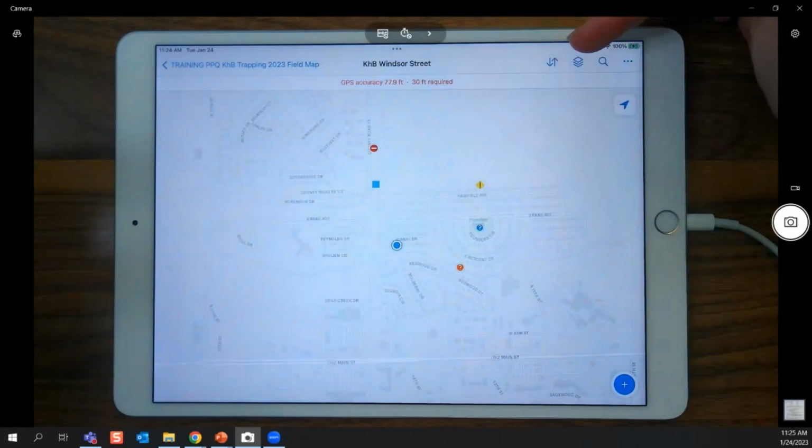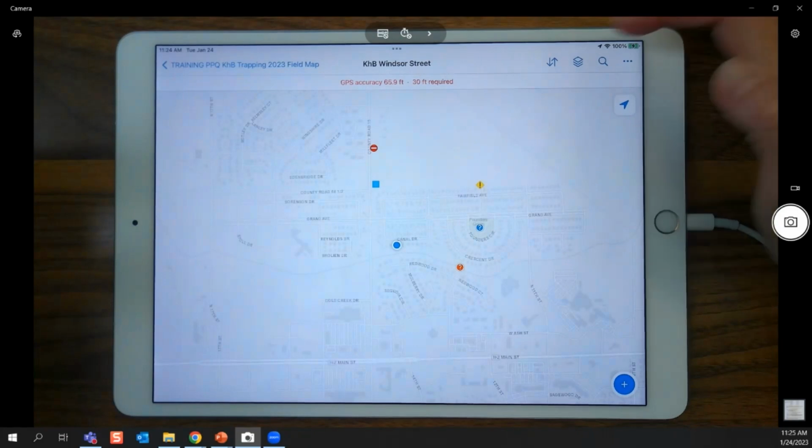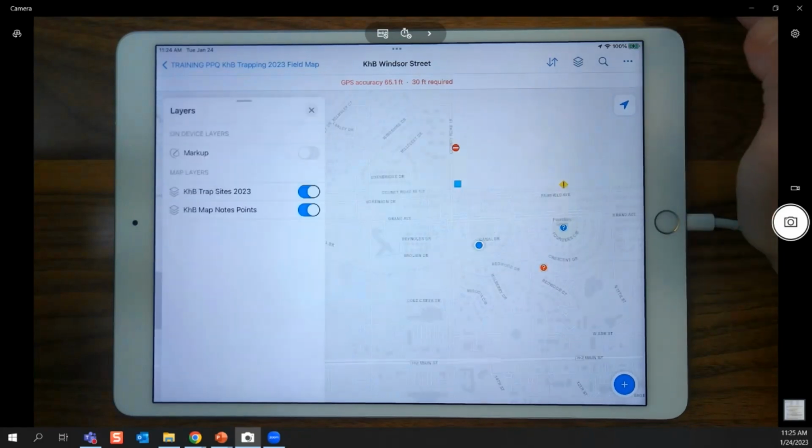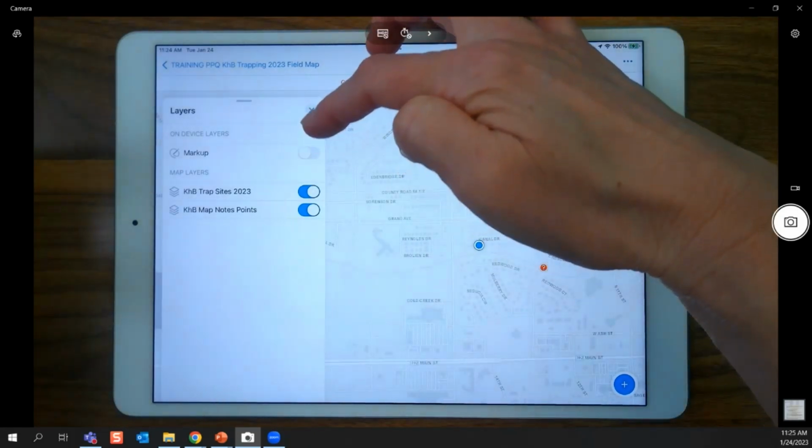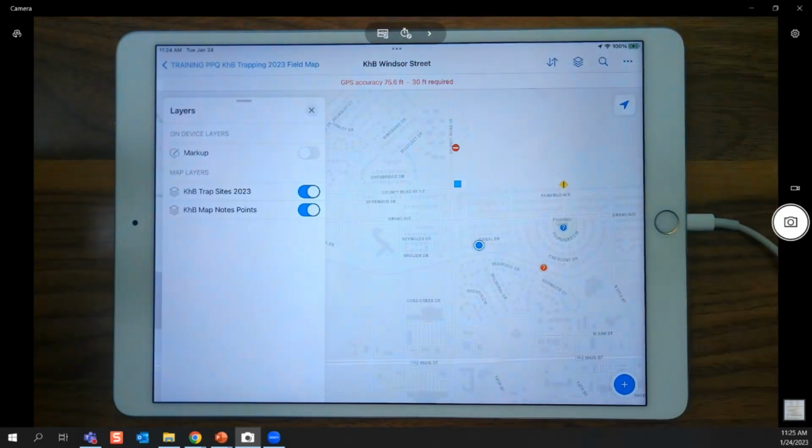Next we have the layers icon, which looks like a stack of papers, and these are the layers available. This might look like the slide I had, a little screenshot for you already. You should know there's a markup layer on the device. That's just a Field Maps app default thing that's there. Then we have a trap sites layer and a map notes points layer, and both of them are toggled